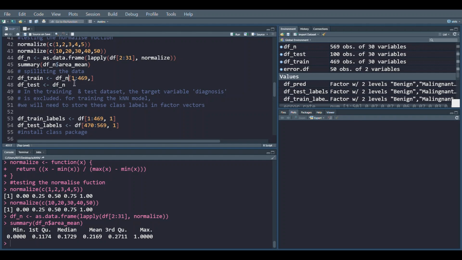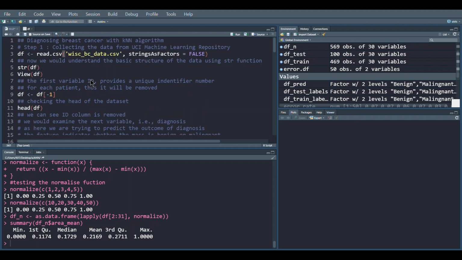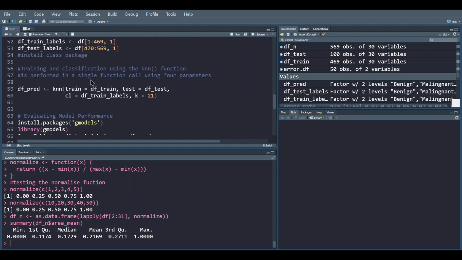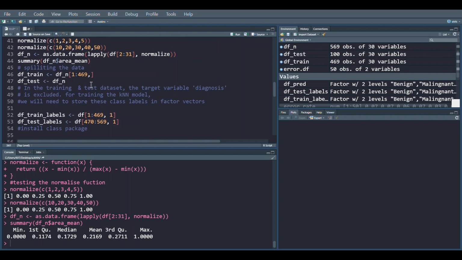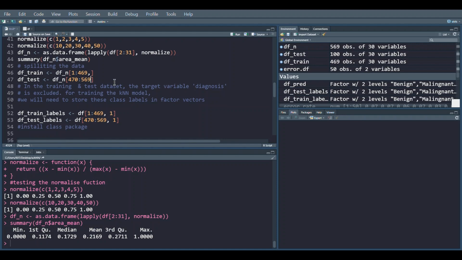I think we have. Let me just fix this part. So here you have 470 till 569 would be our test data set.